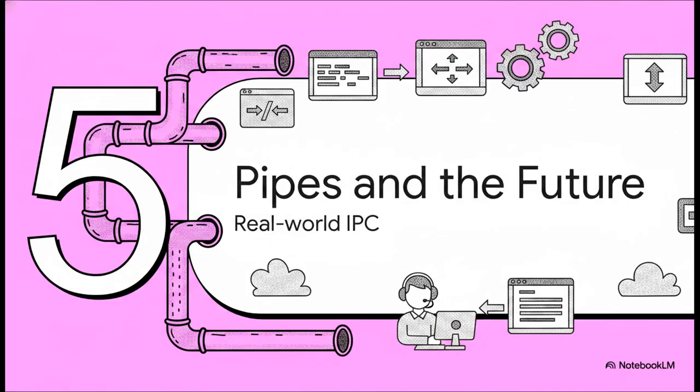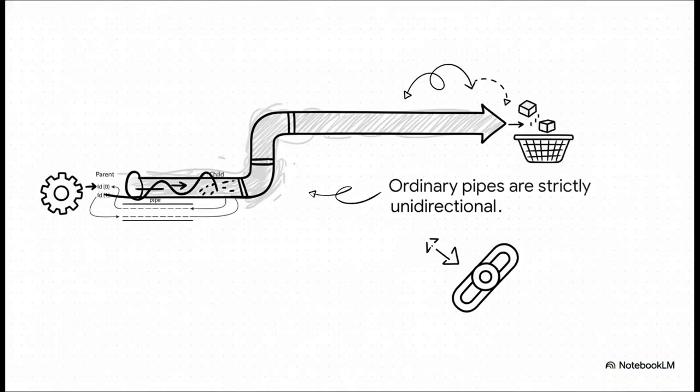All right, our final section, Section 5, Pipes and Future Implications. Let's look at some real-world IPC. Let's talk about a real-world application that developers rely on every single day. Standard communication often uses what we call ordinary pipes. You can visually picture this as a literal physical pipe acting as a one-way street. It operates in a strict producer-consumer style. The parent process pushes data into one end of the pipe, and the child process reads that data out of the other end. But because it's strictly unidirectional, data only flows one way, it absolutely requires that rigid parent-child relationship